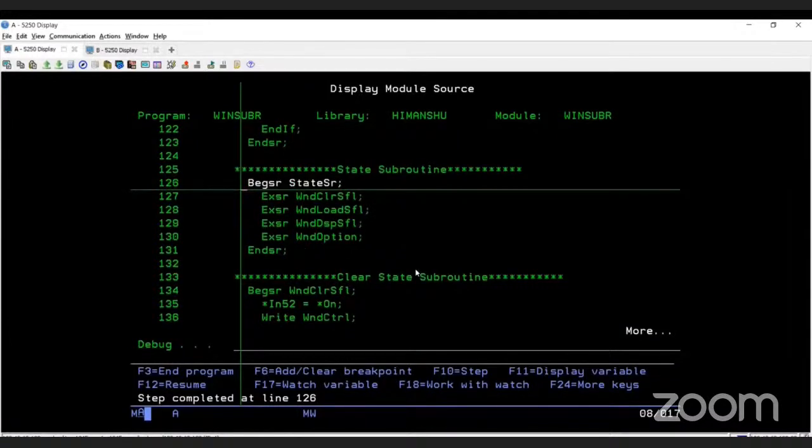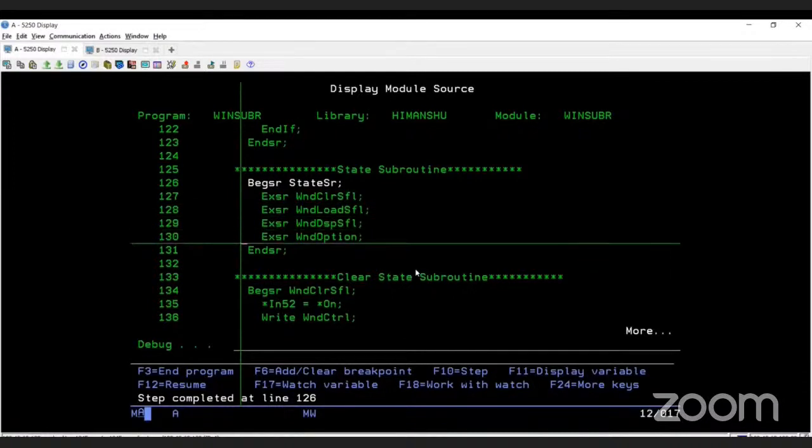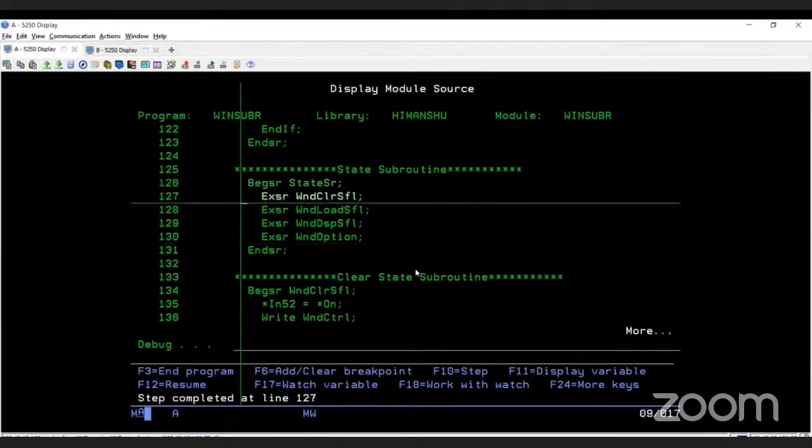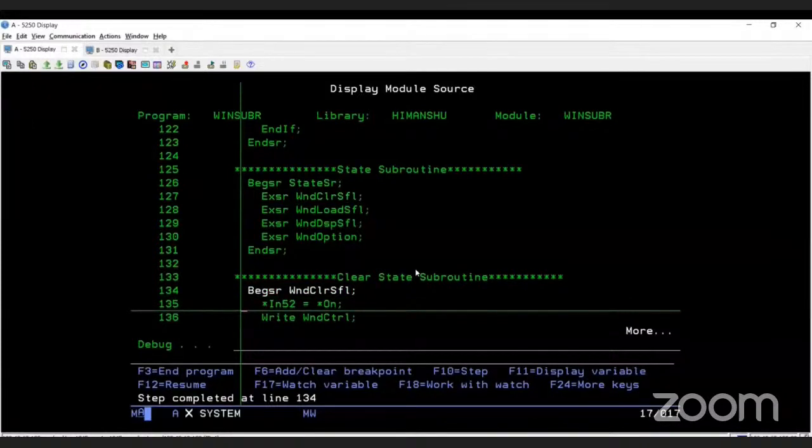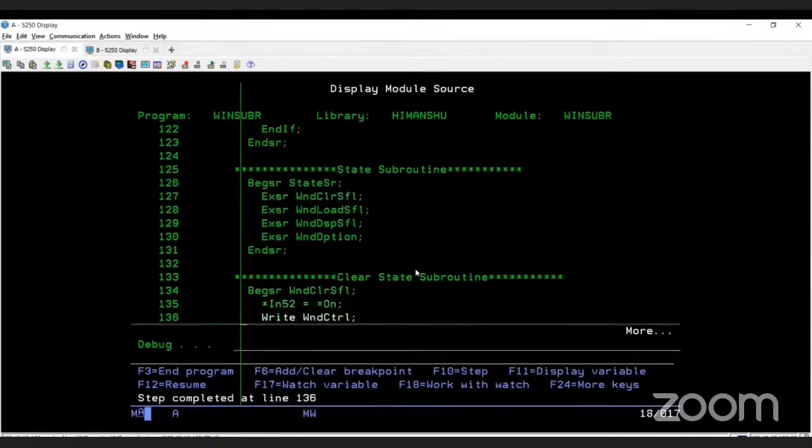Now our Windows Subfile subroutine comes. First it will clear our Windows Subfile, then it will load our Windows Subfile, then it will display our Windows Subfile, and then we will execute the option subroutine in our Windows Subfile. First I am checking the clearing of the Windows Subfile. Like a normal subfile, it will clear the control format of our Windows subfile. First I will turn on the 52 indicator that I have defined for clear functionality, and I will write the control format again,